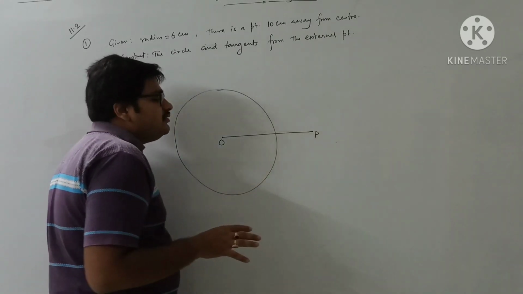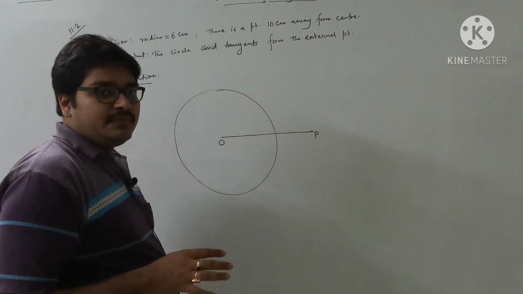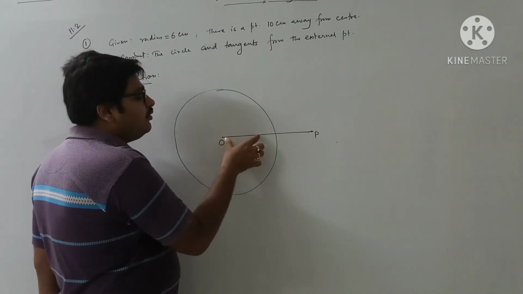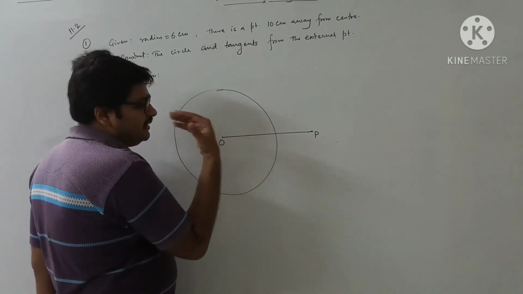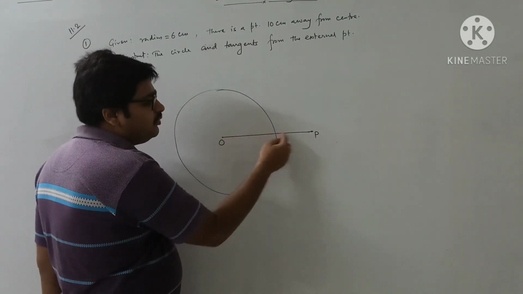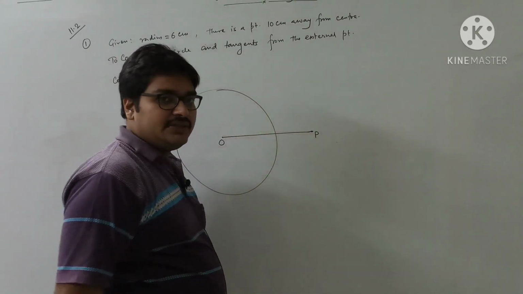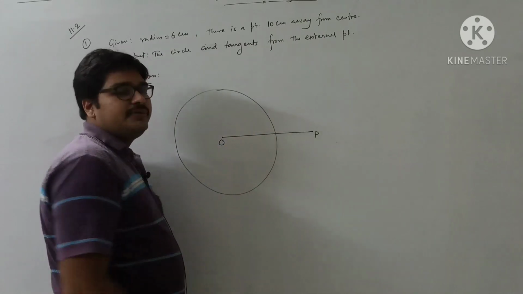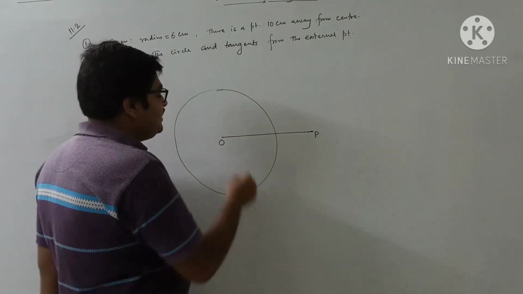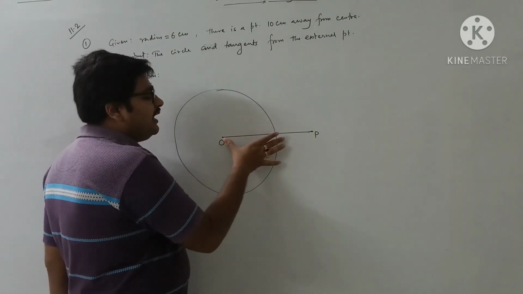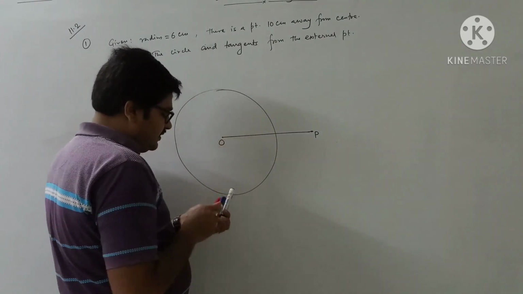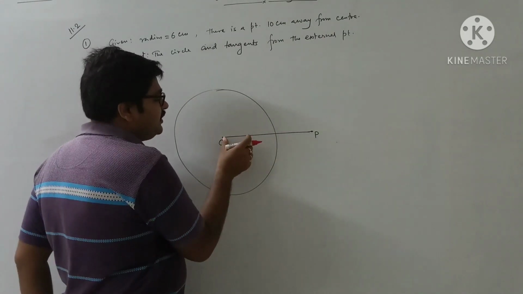You know the procedure to draw the perpendicular bisector? Putting the compass here, taking more than half. Half is in your observation up to this. More than half you have to take. More than half, how much you want to take, that is your choice. But you should not take less than half. Okay? So putting the pointer at O, taking more than half,